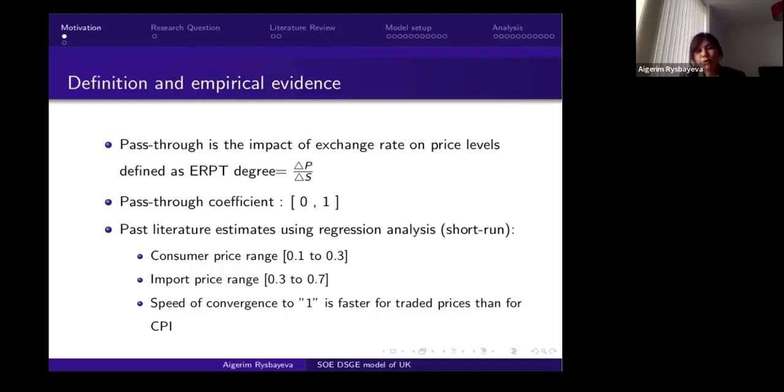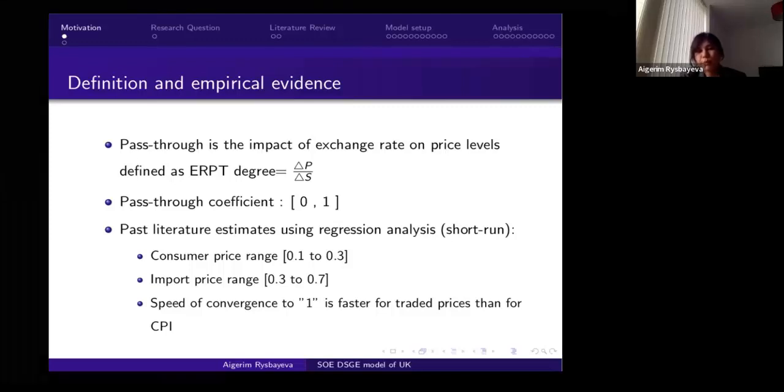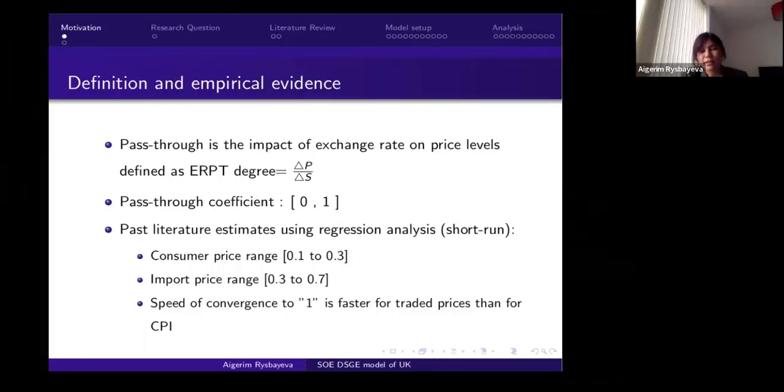All the firms know that the central bank is controlling the inflation rate in the medium run, so they are not going to change their prices because they expect that the price level is going to be stable. That's why the prices could be rigid. There are actually a lot of other reasons, but in my thesis I assume that prices are rigid